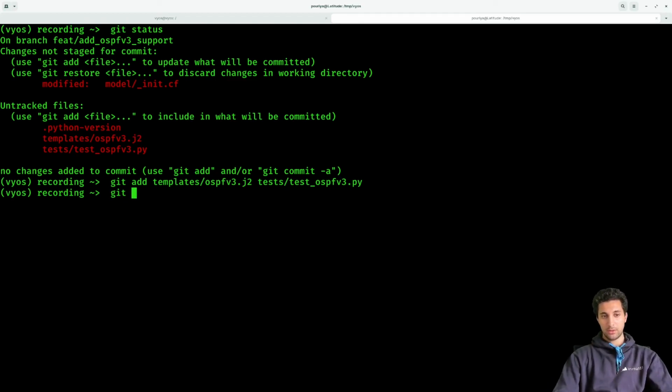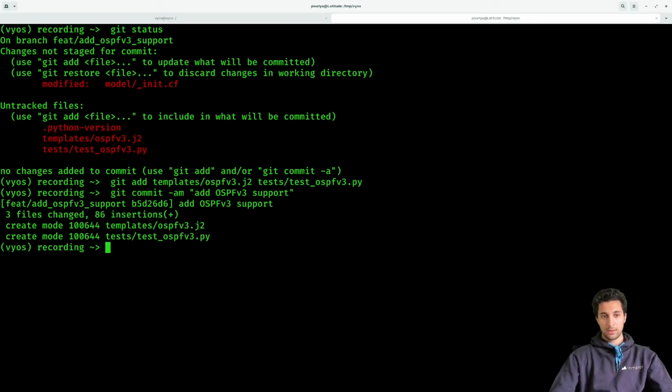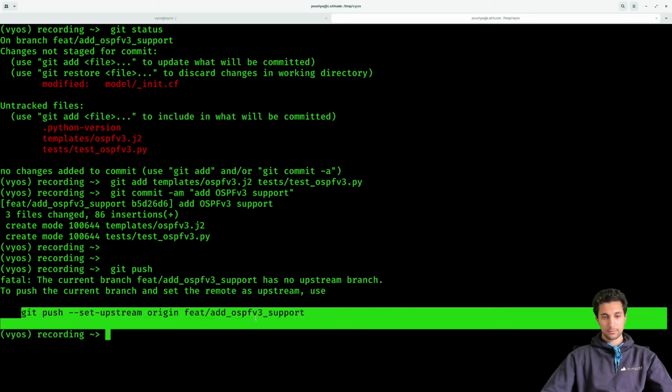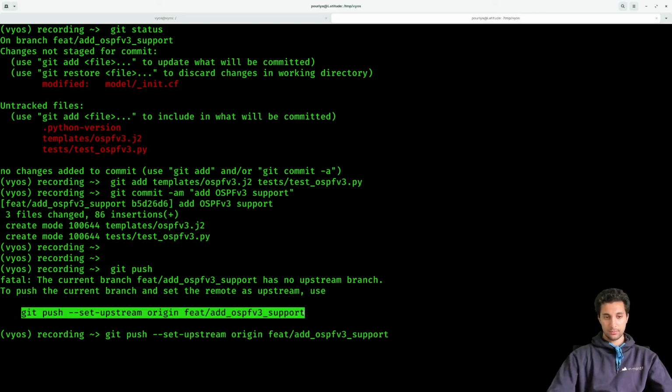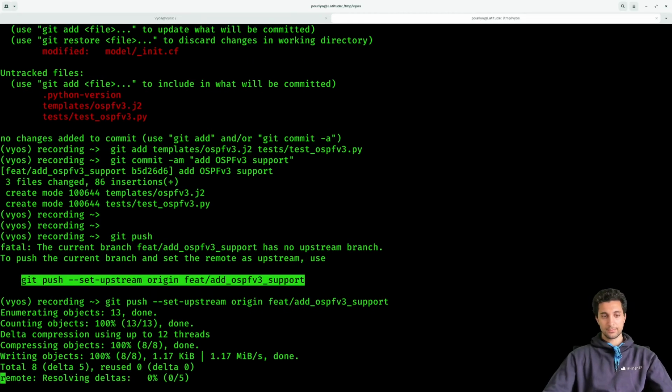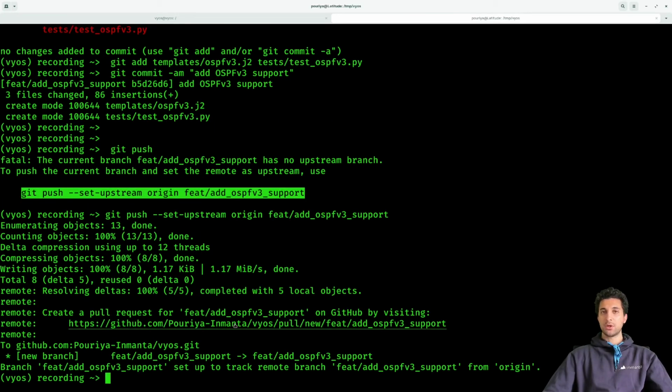All right, now let's commit. Add OSPF v3 support. Make sure to have a meaningful commit message so it's easier for the reviewer to see also what has changed. Very well. Now let's push. There you go. Now it's inside of my fork. If I click on this link,